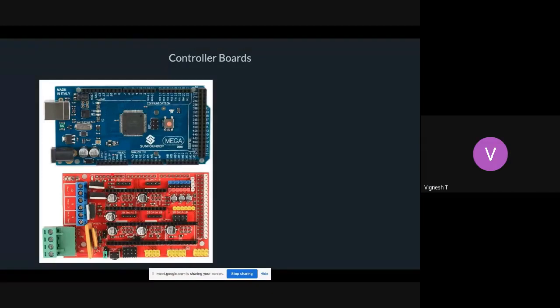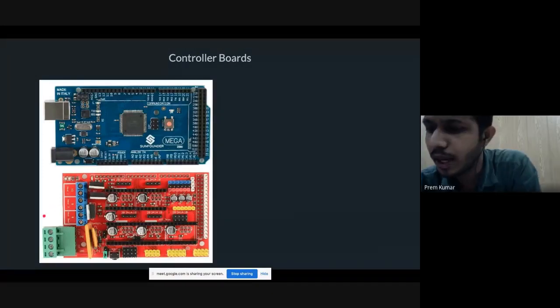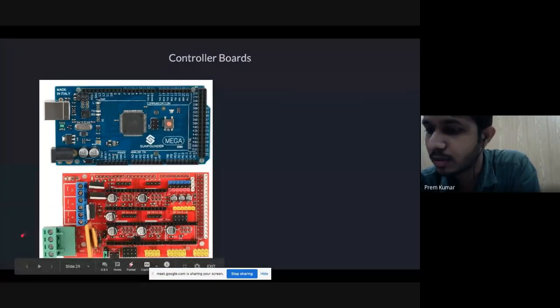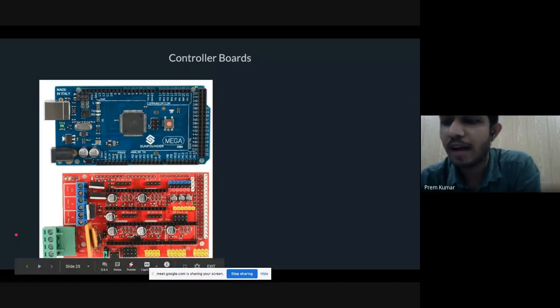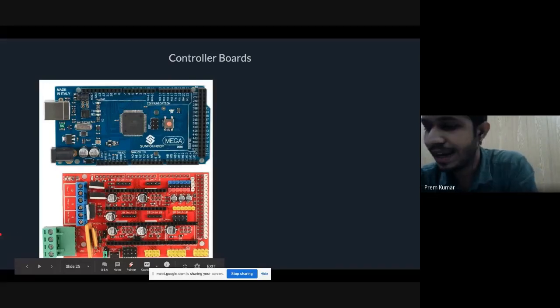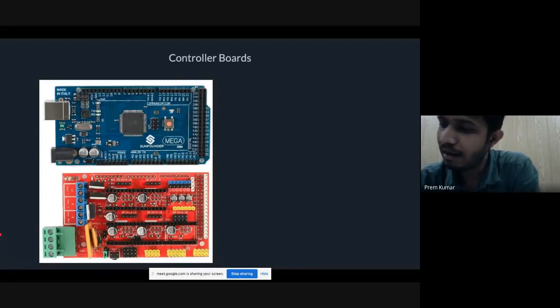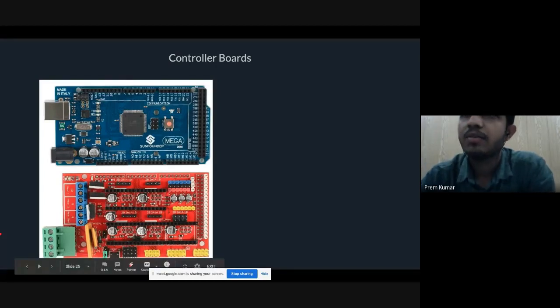Prem sir, there is a question in the chat box. Someone is asking what kind of file format we can handle. Whatever CAD file format you have, you can convert it into STL and use it. There are other formats also handled by slicer software, like AMF and DAE, and STL.